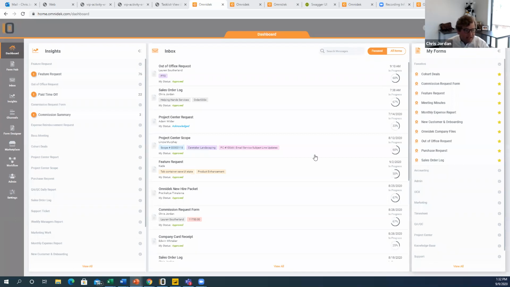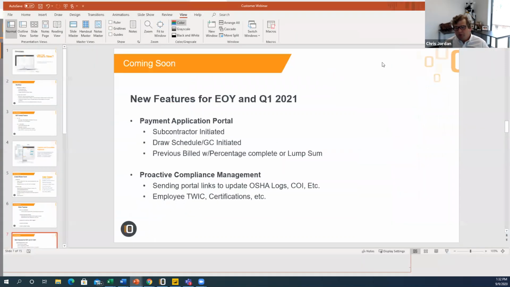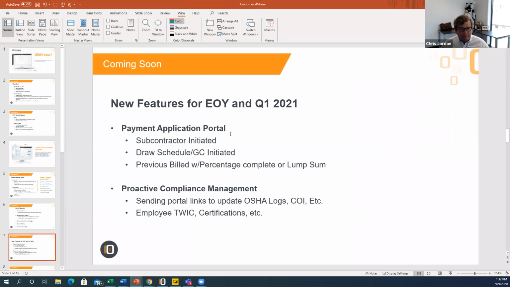Now, that's everything that's in the system today. What's really exciting is where we're headed, and we're moving at a pretty quick clip here. So we've got a lot of opportunity, and I'm going to highlight these because they're not baked yet. The best way of putting this is that we're looking for clients that see a project they're interested in that they'd want to use Omnidek for, and get involved in this